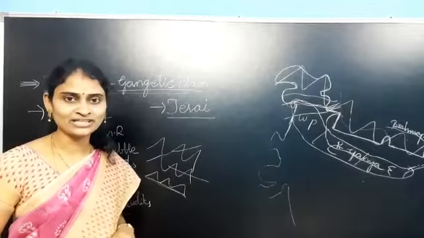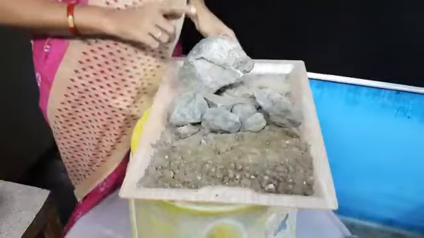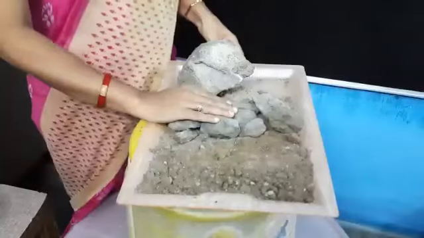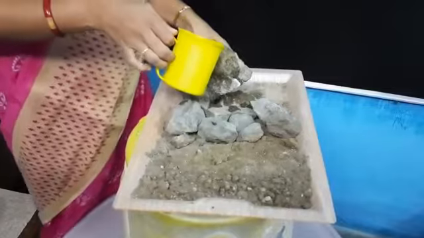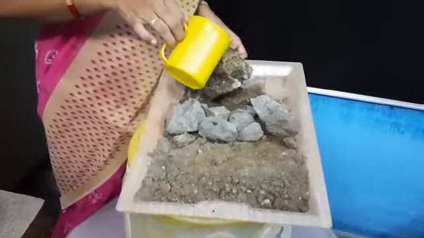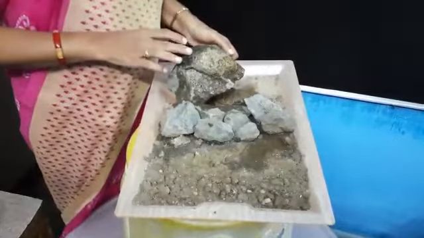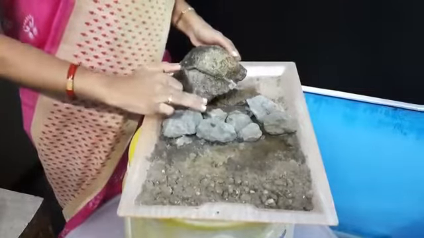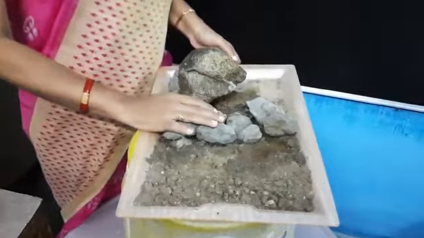Now I will show you one activity about these two, Babur and Terai. Children, imagine that these are Himalayas, these are pebbles. Rivers are flowing down from Himalayas, isn't it? Try to understand. Here, while the river is flowing, it deposits gravel and pebbles. It brings rocks and stones and deposits them here while the river is flowing. Did you understand that? Okay.